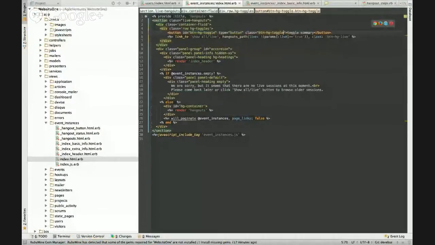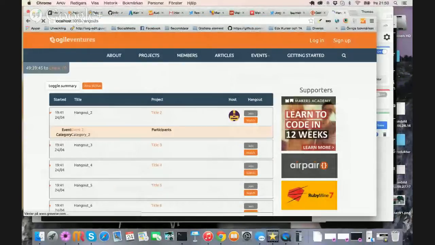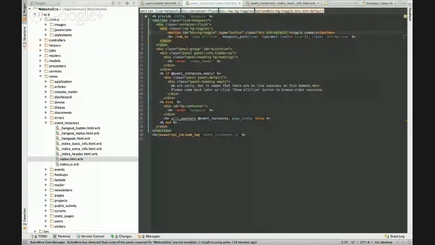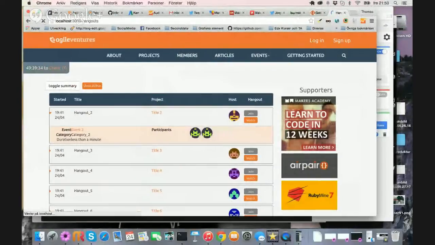So I don't know what that is, but if we just do btn default, let's see how it looks. Okay, toggle summary. Okay, now button.